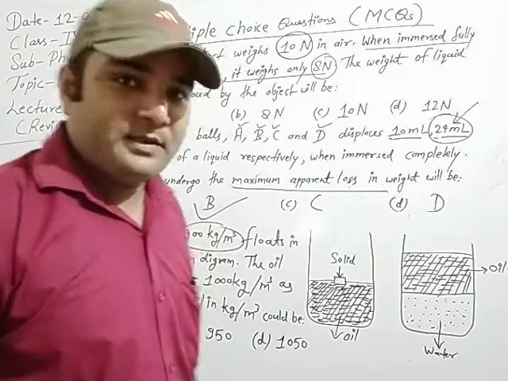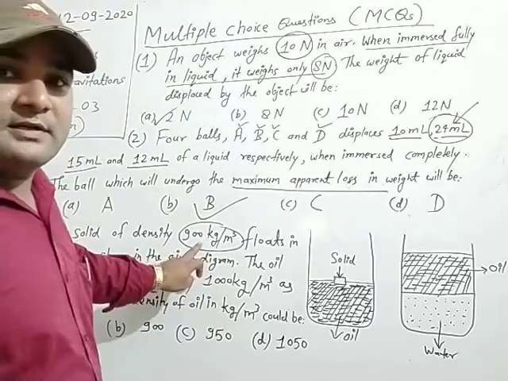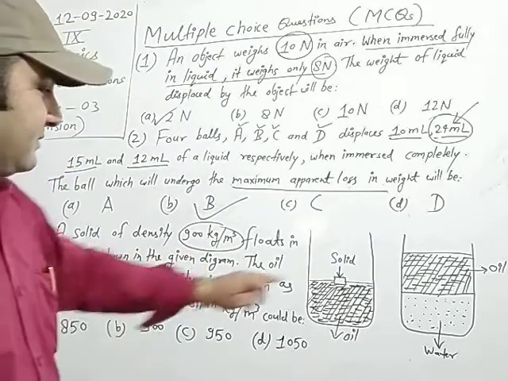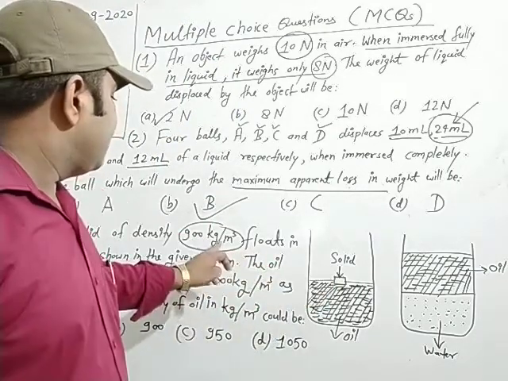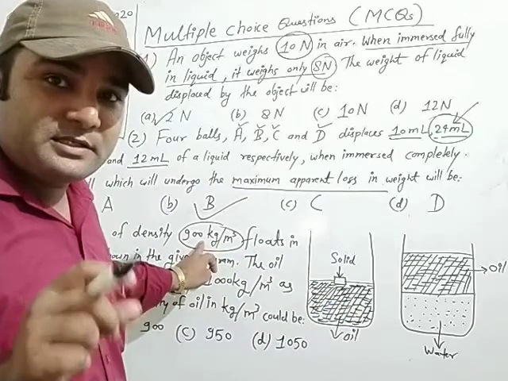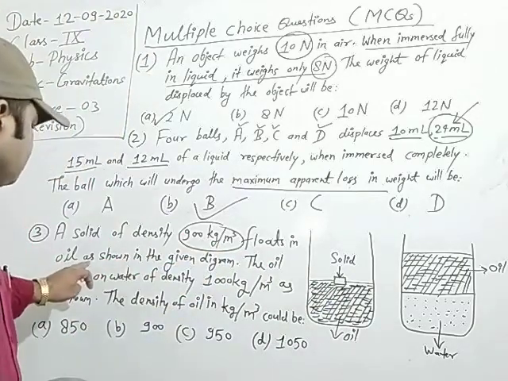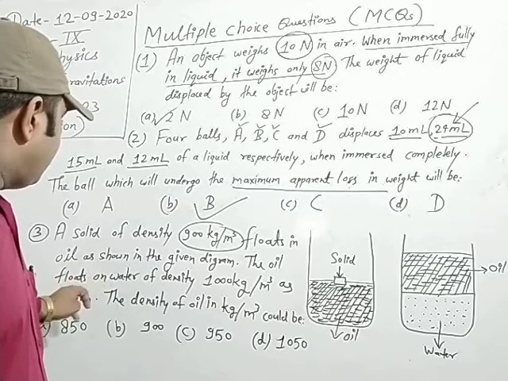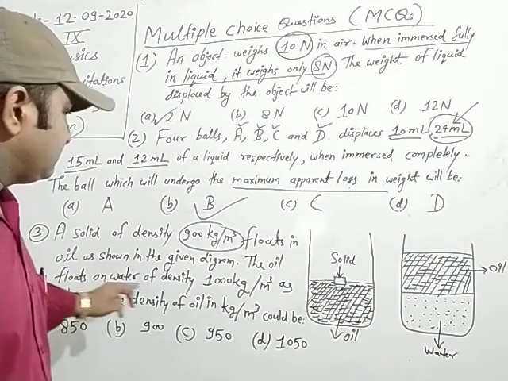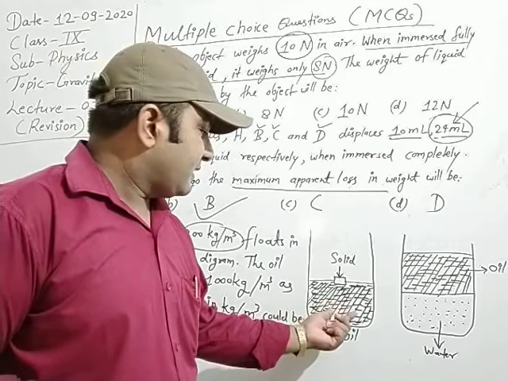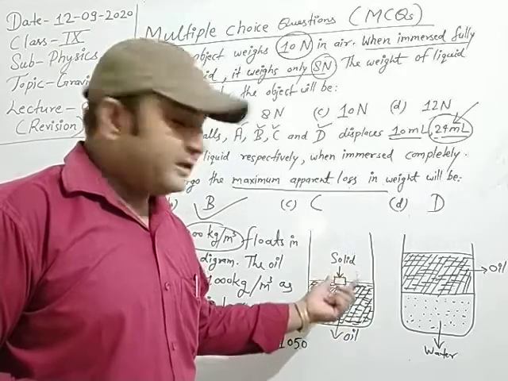Listen carefully: the density of the solid is 900 kg per meter cube, and the oil floats on water. This is the oil, and this solid is floating on